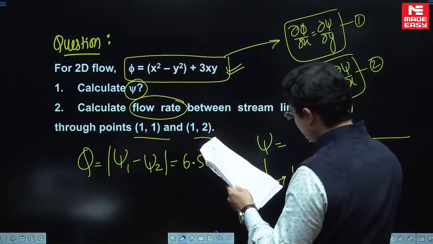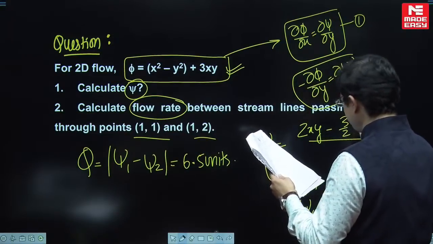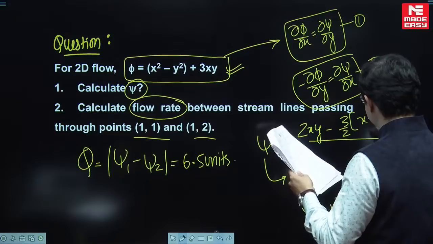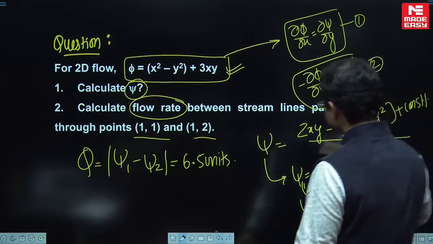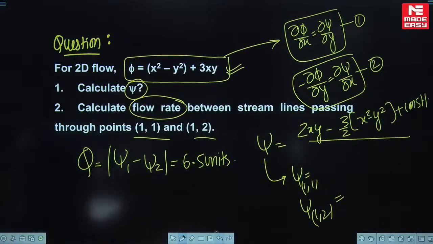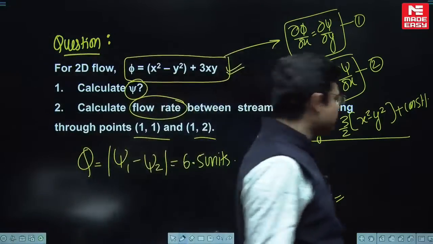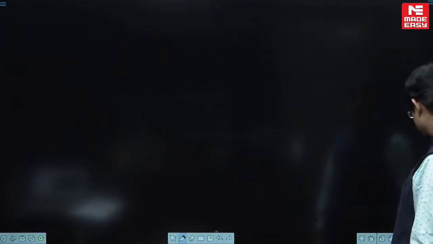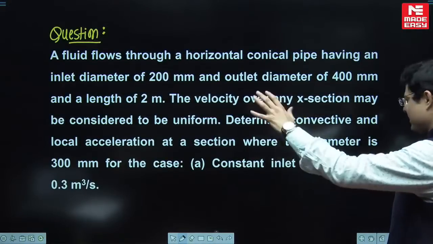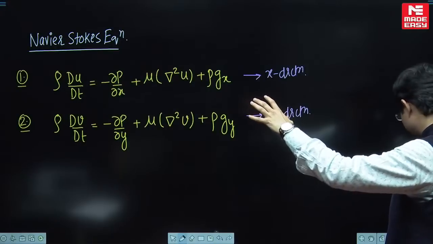एंड साई का वैल्यू भी लिख देता हूं, साई का वैल्यू आएगा 2xy माइनस 3/2 x स्क्वायर माइनस y स्क्वायर प्लस कांस्टेंट। दिस विल बी द वैल्यू ऑफ दिस। सो जब आप सब्सट्रैक्ट करोगे तो कांस्टेंट कैंसल आउट हो जाएगा। ब्यूटिफुल यार, वंडरफुल। सिंपल सा एक क्वेश्चन था। ऑलमोस्ट वी हैव डिस्कस्ड एवरीथिंग यार।